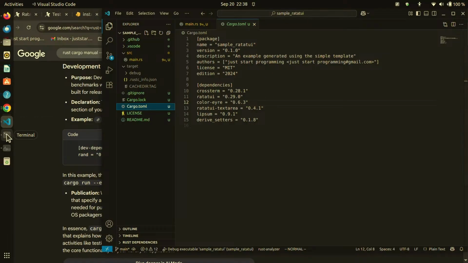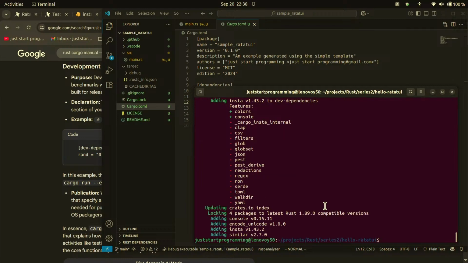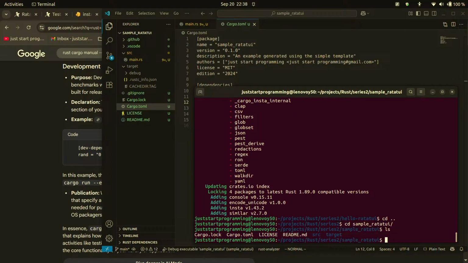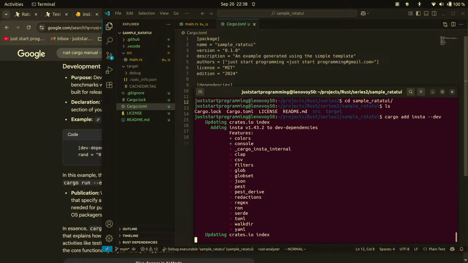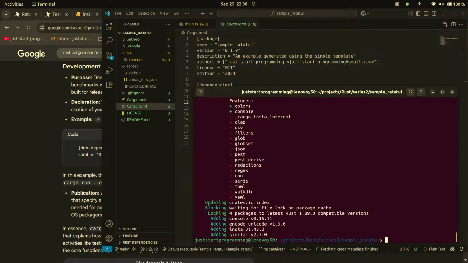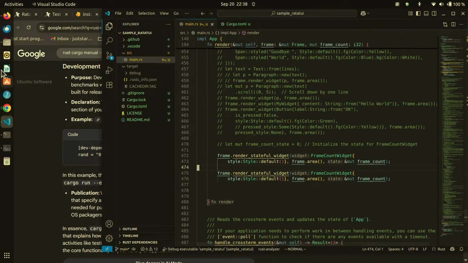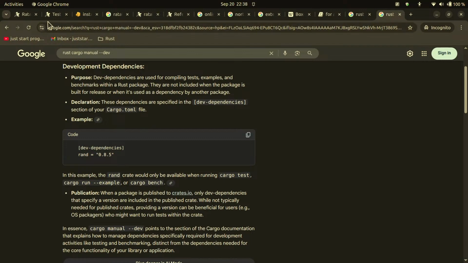Sample Ratatouille. Oh, I mean Hello Ratatouille. Okay, my mistake. In Hello Ratatouille, cargo add insta --dev. Okay, so now it's here. I was in the wrong project earlier. Okay, so next,